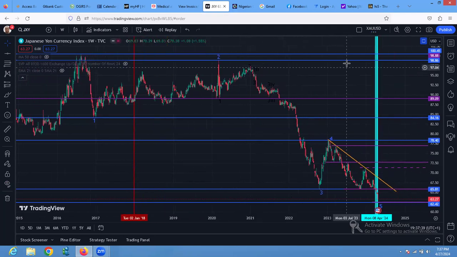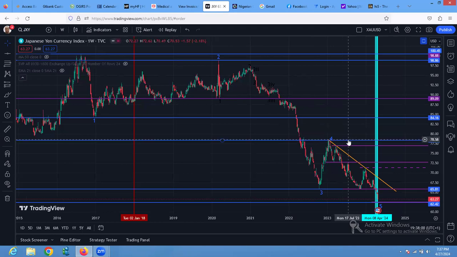The reaction here from wave 2, 3 to 4 is exactly at 0.38. That is the reaction I got at exactly 0.38. Now, because that is a 0.38, then what again we need to do is to look at this one, where